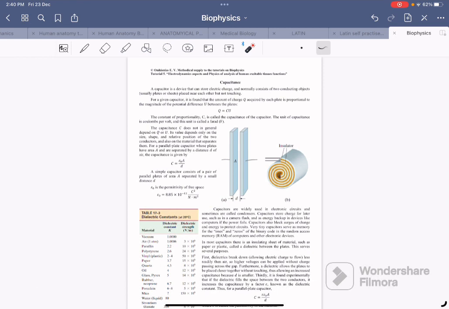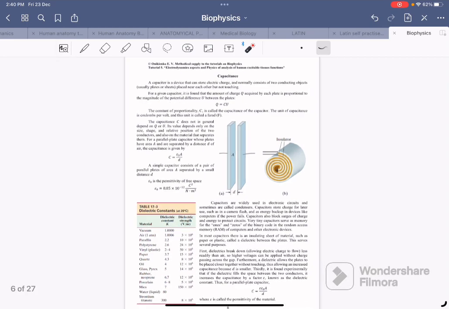Another video on capacitance will come quite soon for solving the conceptual questions as well. But for the theoretical part, we have to discuss capacitance, how it works. All right, so to get the prior knowledge of it,